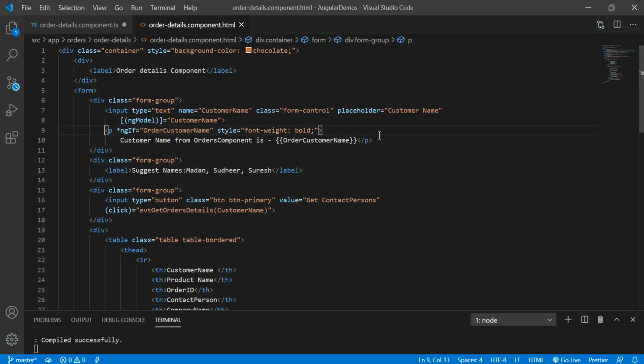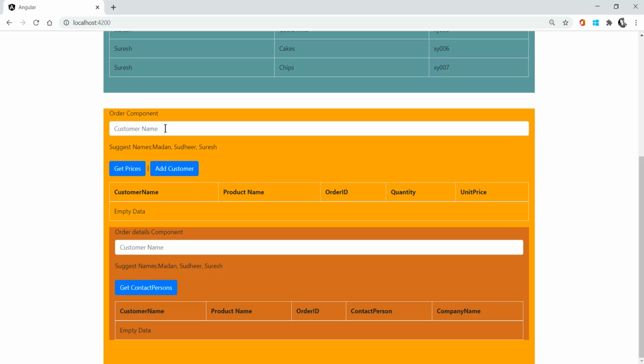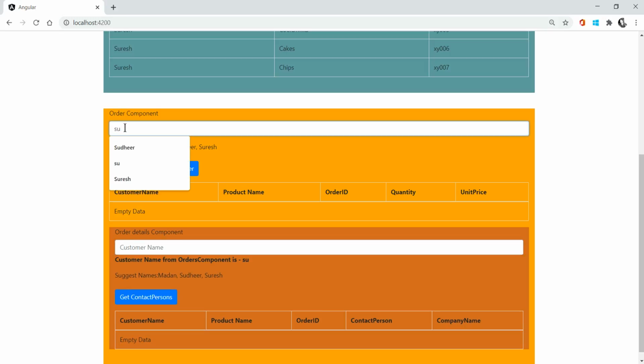Here I am writing one paragraph. In this paragraph I am using an Input decorator related value, that is order customer name. Why I am writing it here is that I just wanted to watch which value I am passing from the order component to the order details component. If I write Suresh, see, it automatically updates, right?